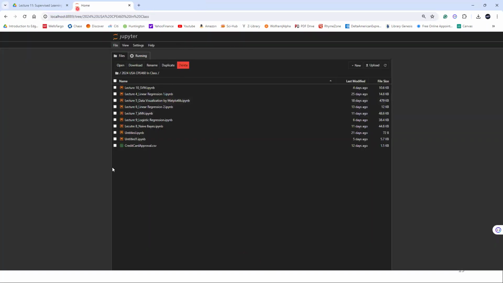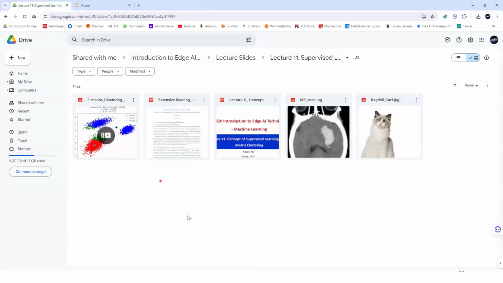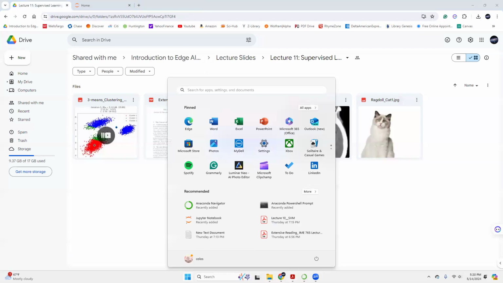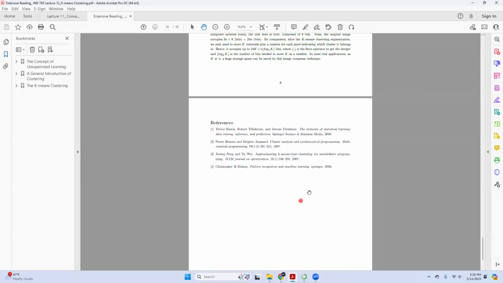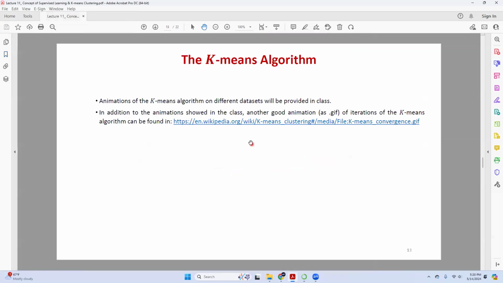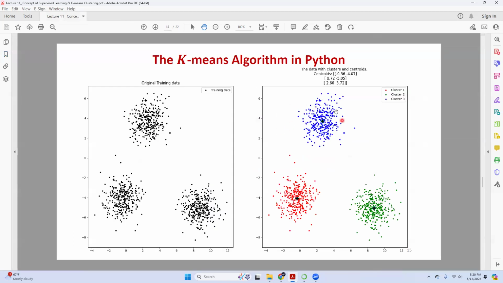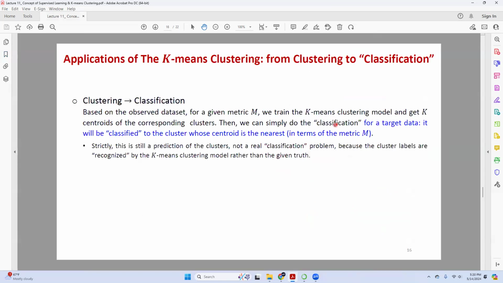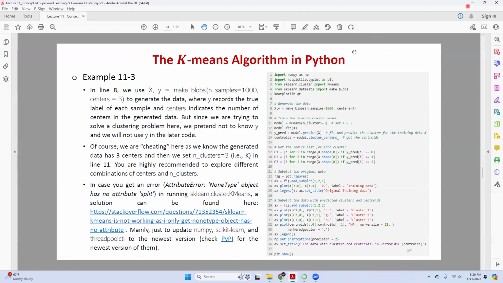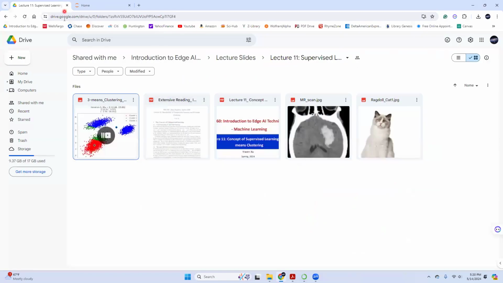Okay, the next thing is Python. How to make this one in Python? Okay, let me see what that is. Okay, blobs. So I'm using the data blobs, and then I make the k-means clustering. This is the very first one. Let me code it.